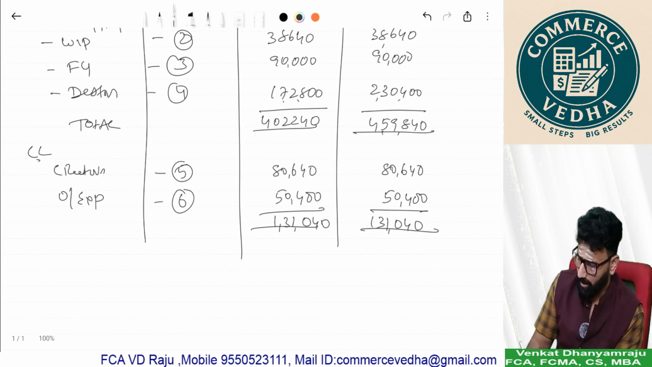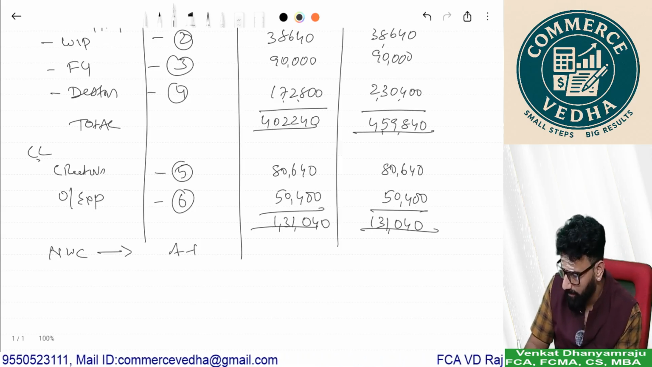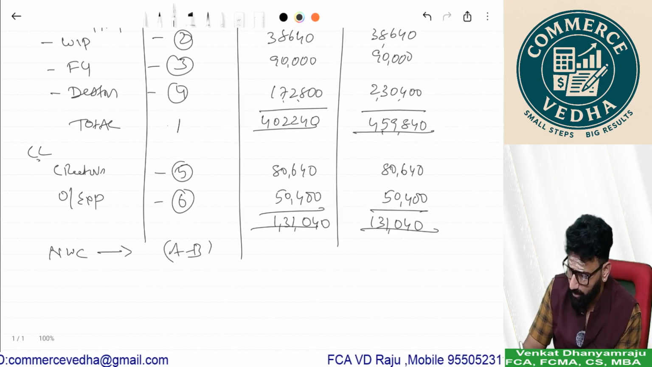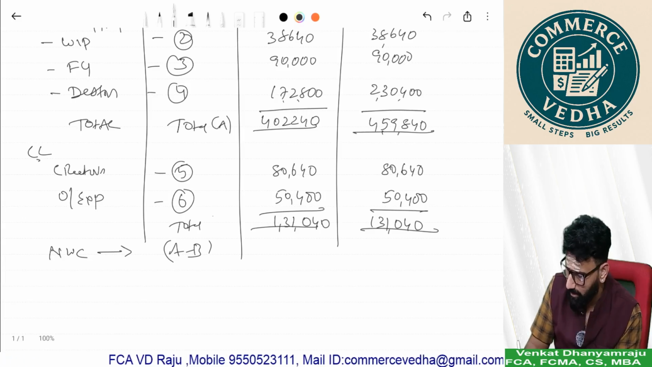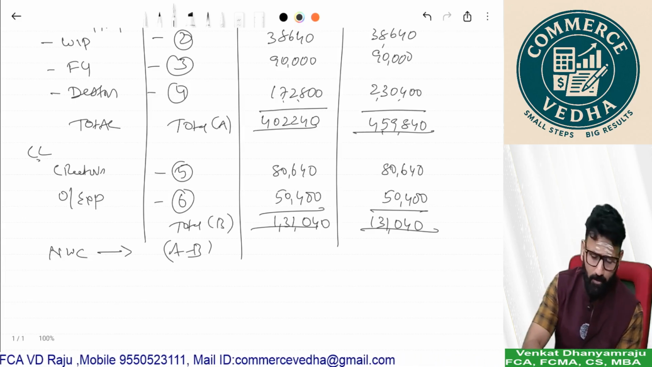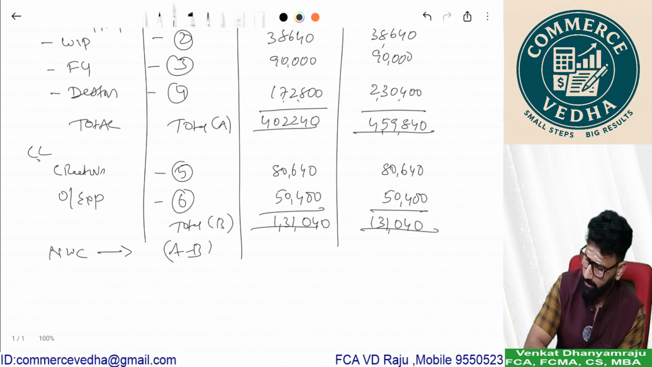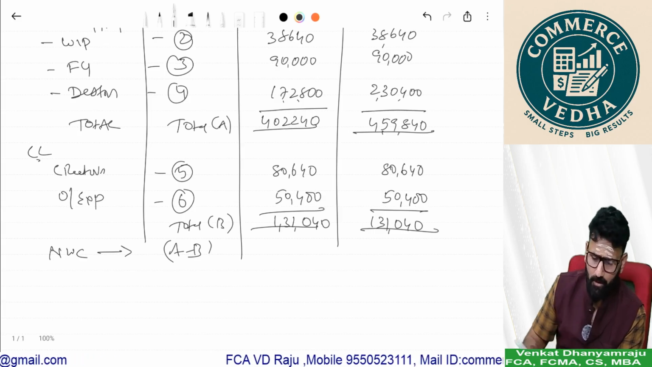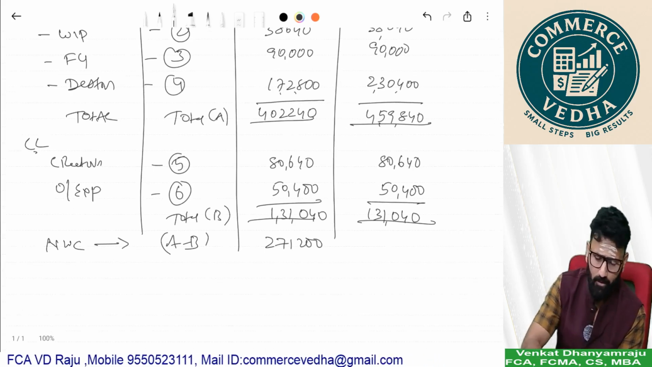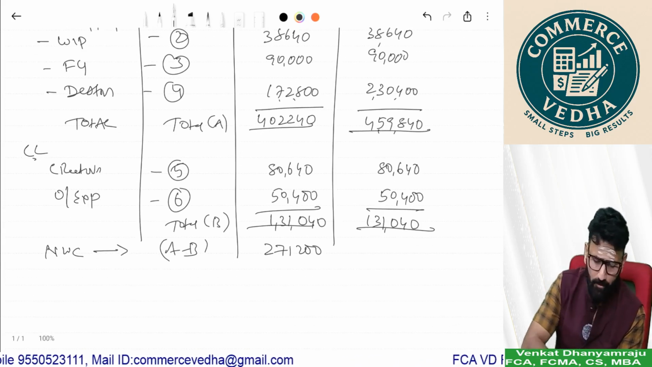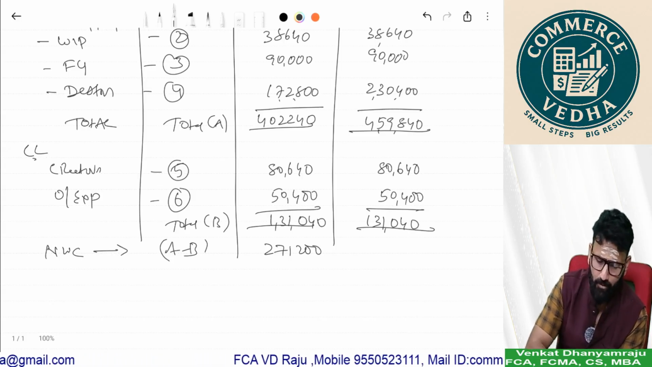Now my net working capital, A minus B. This is total A. This is total B. 4,02,240 minus 131,040 is 2,71,200. And 459,840 minus 131,040 is